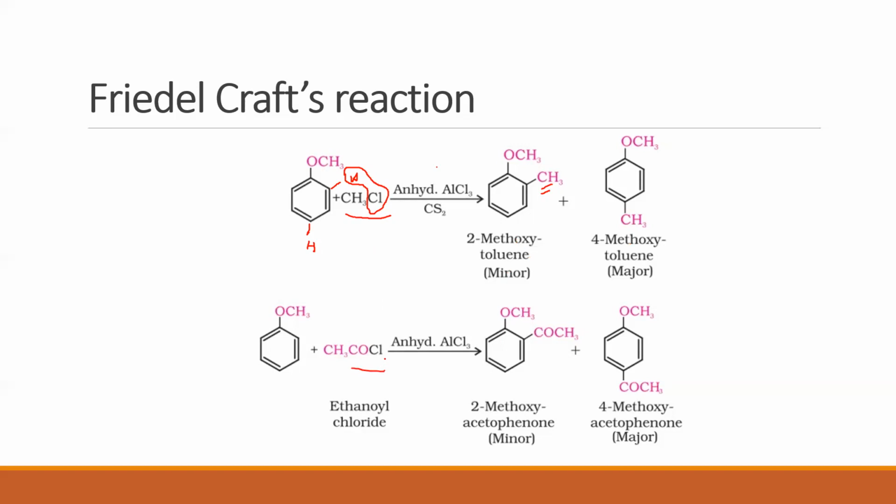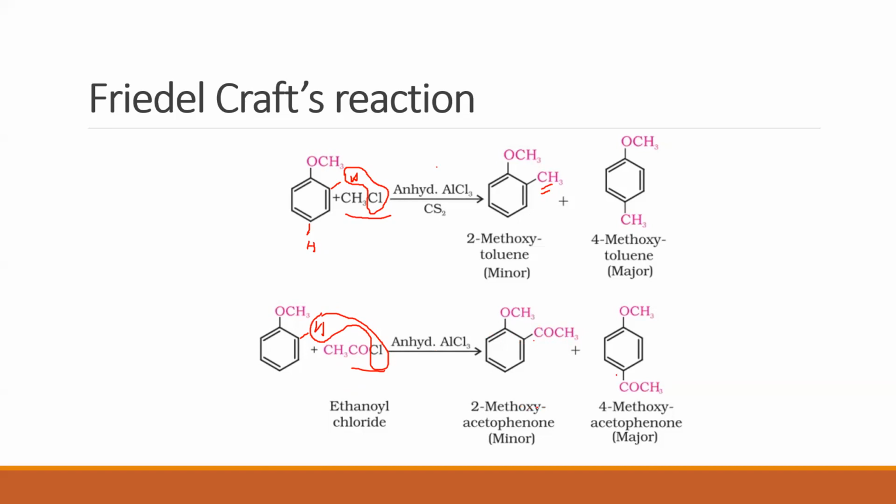The second one is acylation, Friedel-Crafts acylation. For alkylation, you took an alkyl halide. For acylation, you need to take an acyl halide. So what is the halide we are taking? CH3COCl is what we are taking. Naturally, what happens? Either at ortho or para, hydrogen is removed. Hydrogen takes away Cl to go out as HCl. So who gets substituted? CH3CO gets substituted. In COCH3, the bond is between the C of the CO and not the C of CH3. Clear? It can happen at ortho or at para.